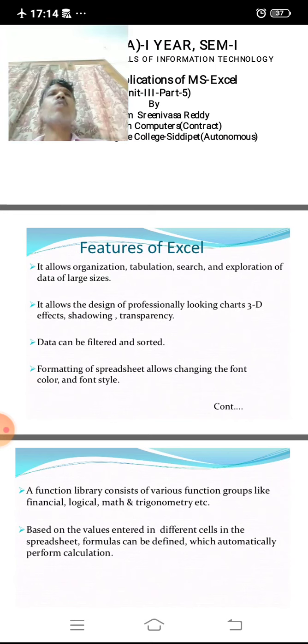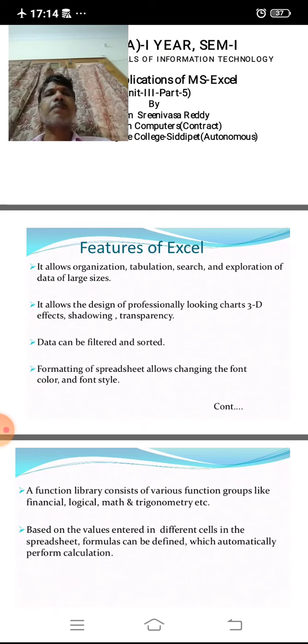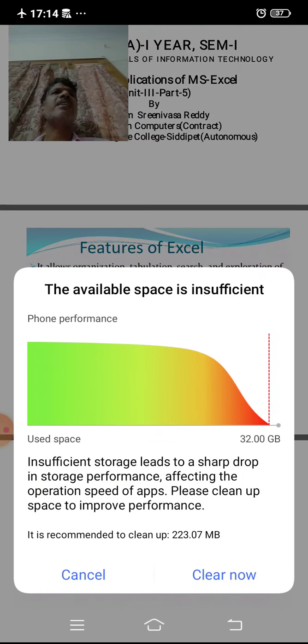Generally, each worksheet contains many rows and many columns. The basic Excel worksheet may contain 256 columns and 65,536 rows. Here all the columns are represented with column names like A, B, C, D, E, F up to Z.